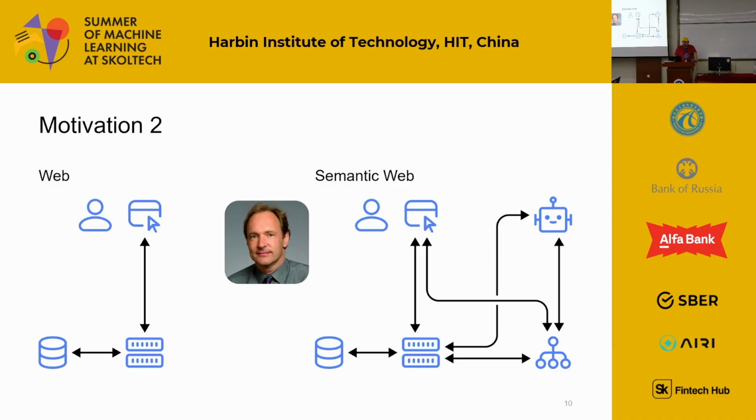So the guy who invented World Wide Web, Tim Berners-Lee, he started talking about semantic web, about the way to put into the web kind of structured knowledge which agents would be able to use and solve some problems instead of people. And Tim Berners-Lee predicted that in 10 years it would be very successful and web would be navigated by agents more than by people.